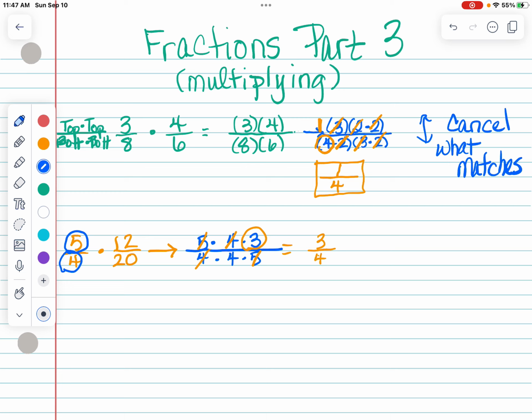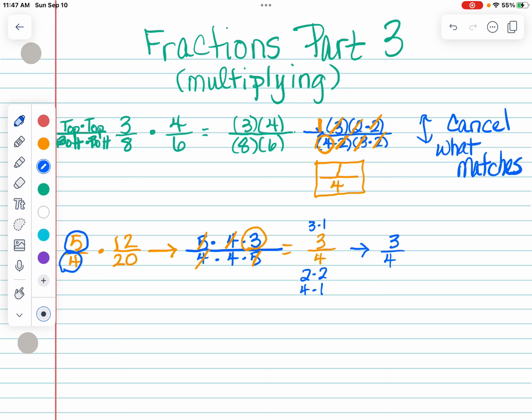Now I can try and see if it factor pairs anymore, but this is 3 times 1. And 4 is only 2 times 2 and 4 times 1. And since 1 is the only thing that repeats, that means our answer is reduced. Factor pairs are such an amazing support